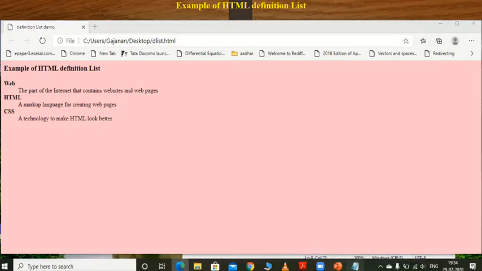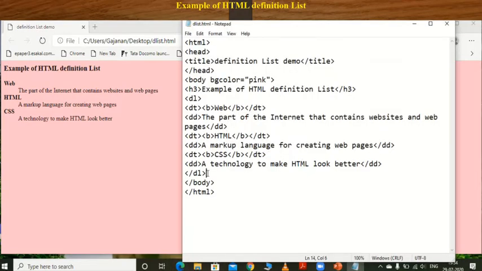Suppose I want to add one more definition to this one. So I want to write the first term. Before closing the definition list tag, I want to add one more term here, like DT, then B for bold. Okay.